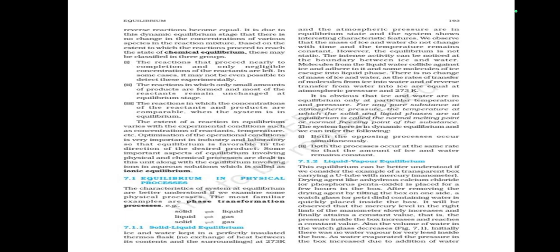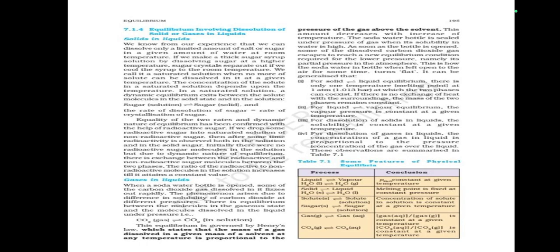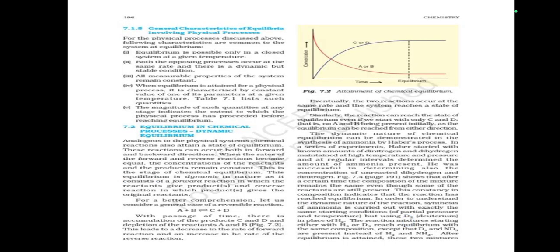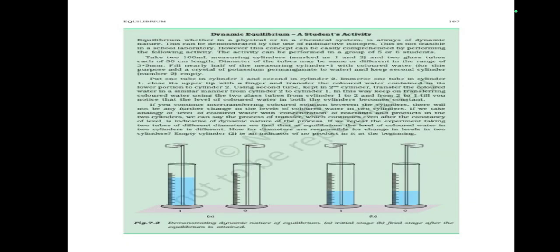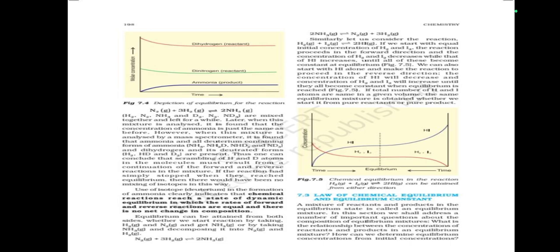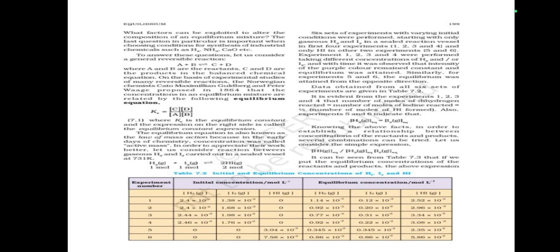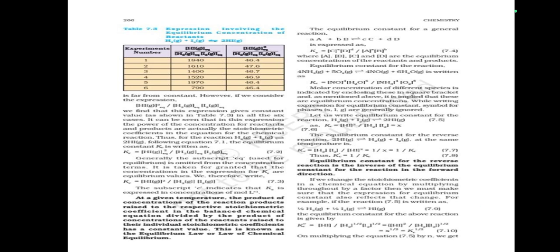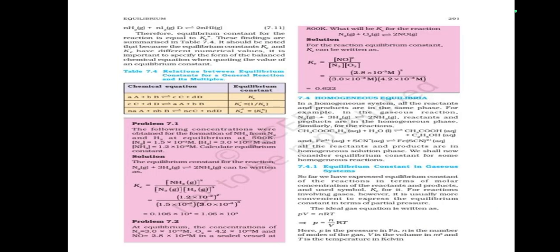Equilibrium is our 7th unit, where we have seen equilibrium in physical processes, solid-liquid equilibrium, liquid-vapour equilibrium, solid-vapour equilibrium, equilibrium involving dissolution of solids and gases in liquids, some features of physical equilibrium, general characteristics of equilibria involving physical processes, equilibrium in chemical processes, dynamic equilibrium, student activity, the law of chemical equilibrium and equilibrium constant, initial and equilibrium concentrations of H2, I2 and HI, expression involving the equilibrium concentration of reactants H2, I2 and 2 times HI, relations between equilibrium constants for general reactions and its multiple, homogeneous equilibrium constant in gaseous systems, equilibrium constant Kp for